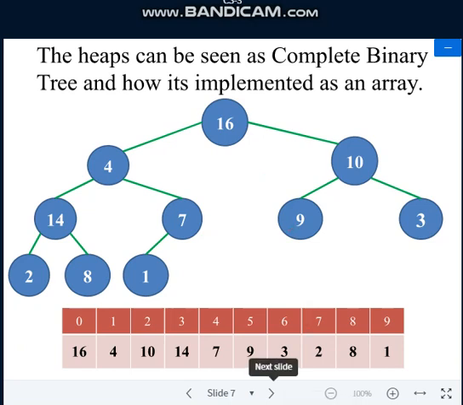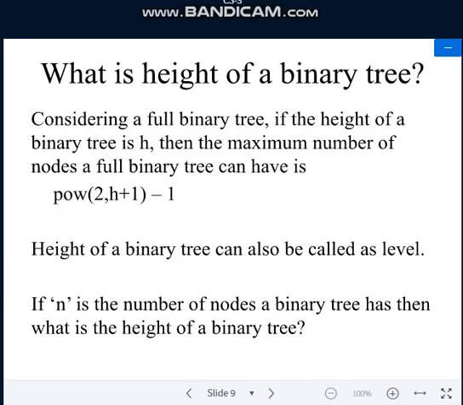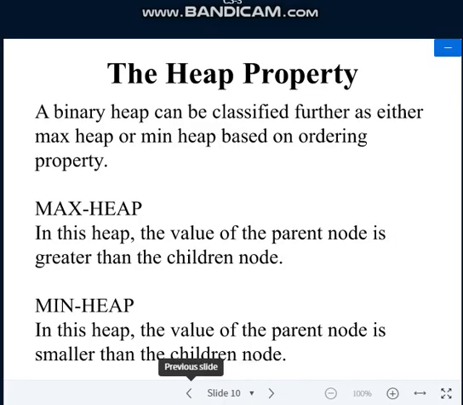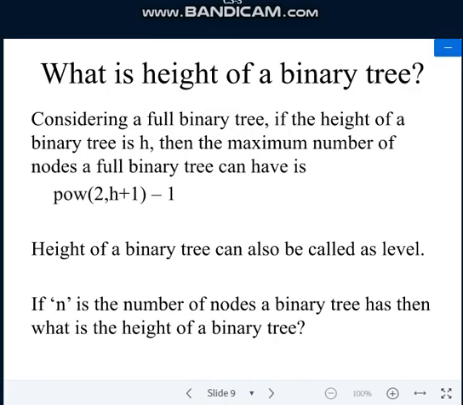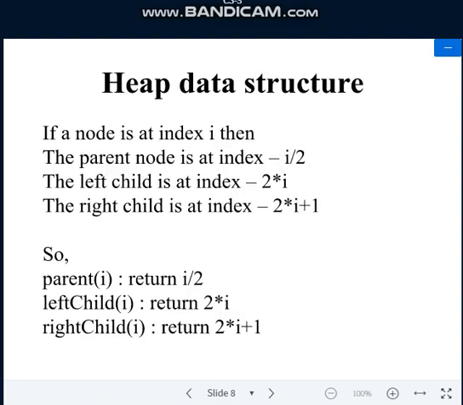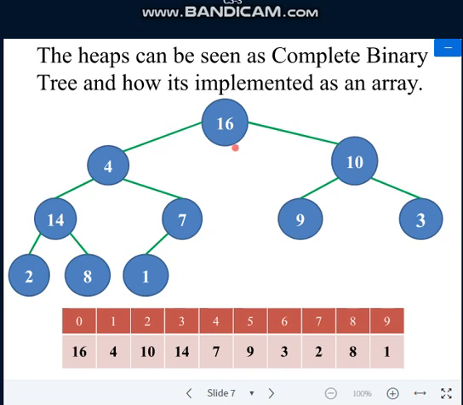Remember, for h we start from 0, the root node is at the 0th level. That is the reason that if you consider the h value as 3, the total number of levels will be 4. But as we are starting the first level as 0, the value will be 3. Is that clear? Don't get confused with that. This is the 0th level, first level, second level and third level. So if the h value is 3, the total number of levels will be 4 including the root node.